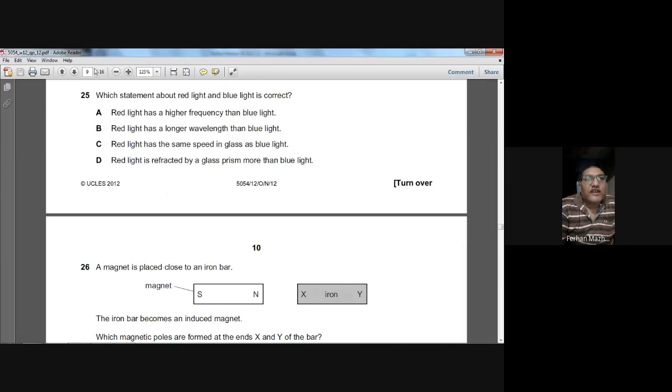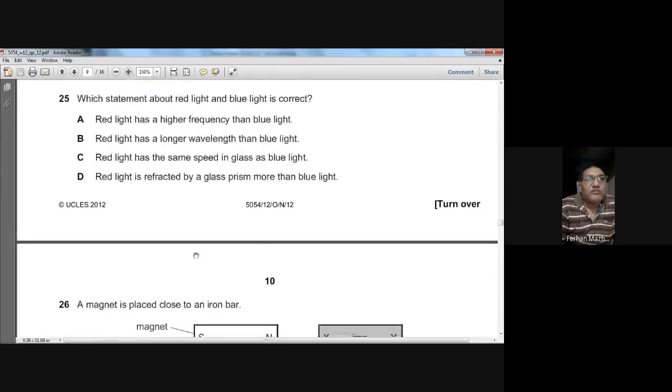On your screen, now we have question number 25. Which statement about red light and blue light is correct? You remember that code word which we normally use in our videos. We say Roy G. Biv. Roy G. Biv stands for red,